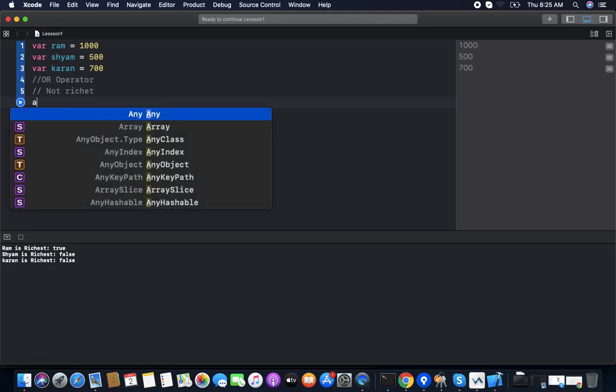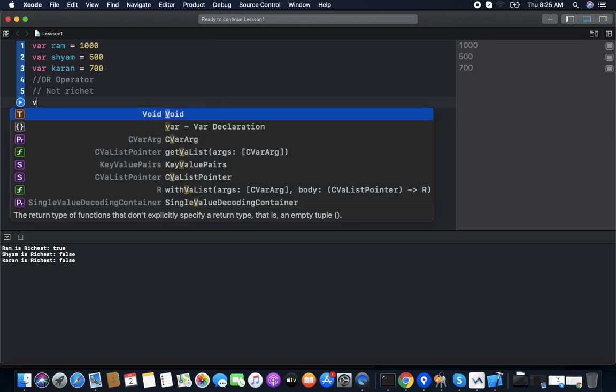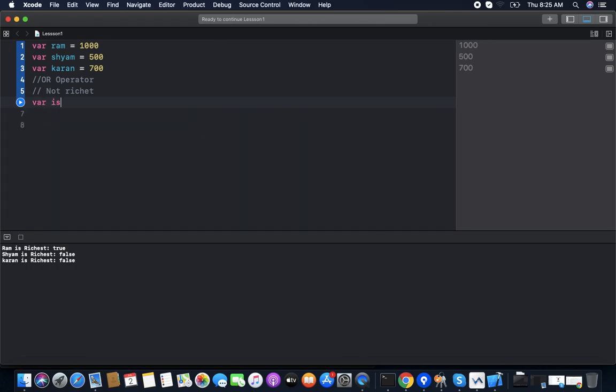So same like before, is Ram richest or Ram not richest? To make Ram not richest, Ram can be less than anyone. So to check this, we check is Ram less than Shyam.